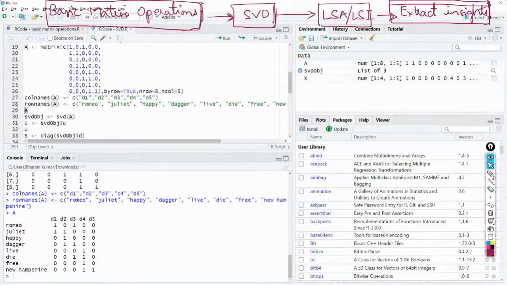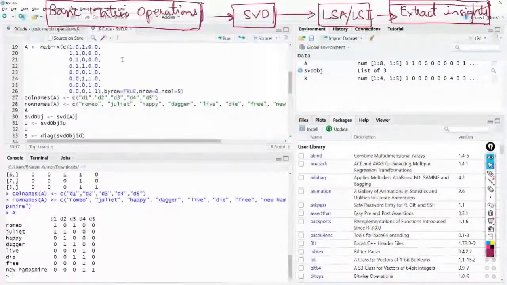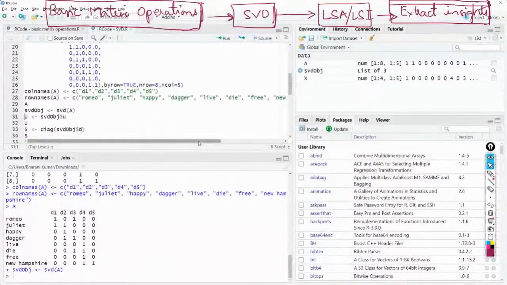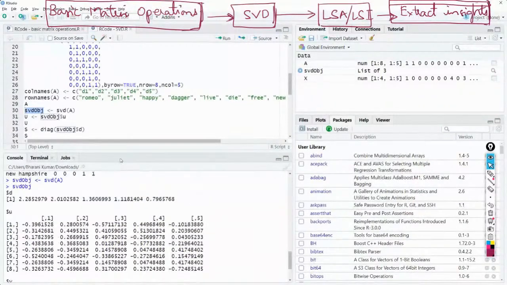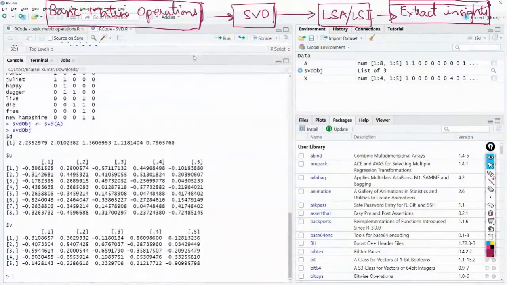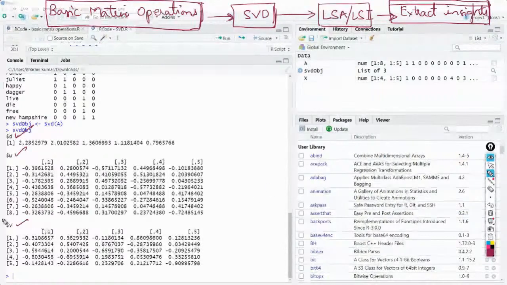And then when you do SVD of this term document matrix, you get U, sigma, and V transpose. You get U, sigma, which is a diagonal matrix, and then you have V. Transpose of V can be taken.